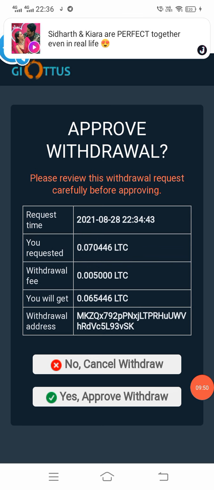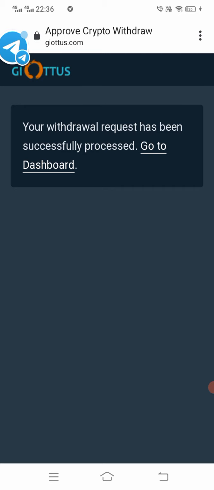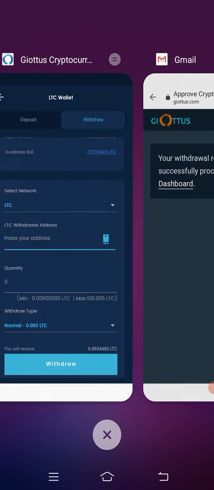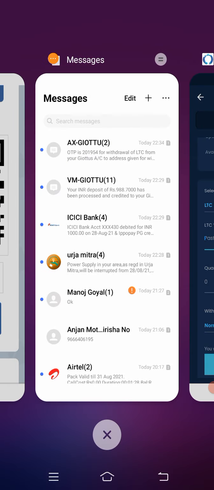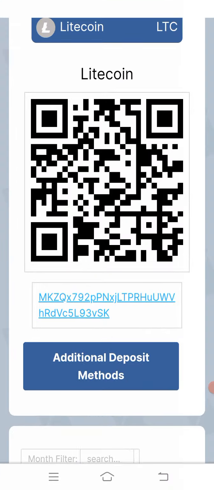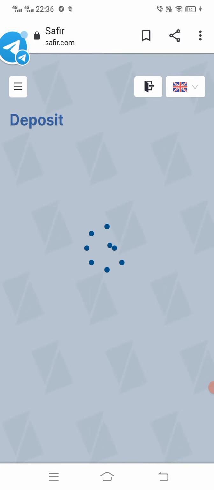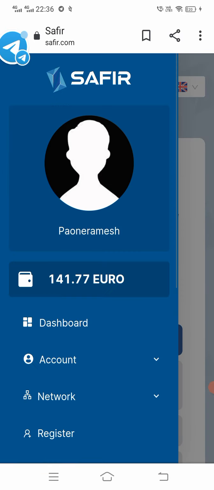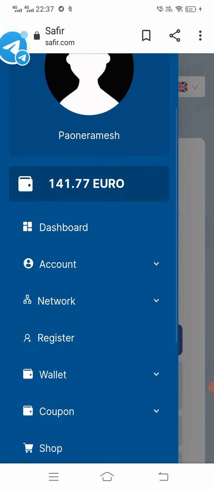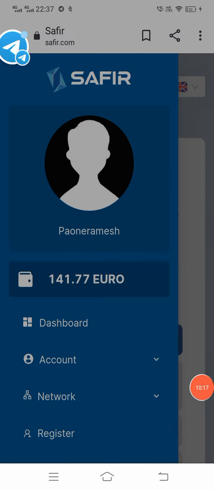So here you can see the withdrawal fee is there. I have to wait for some time to get this approved. So with this wallet, I need to wait, and check how much gets added. I know it's the first time, so it will take some time, at least 4 to 5 minutes.